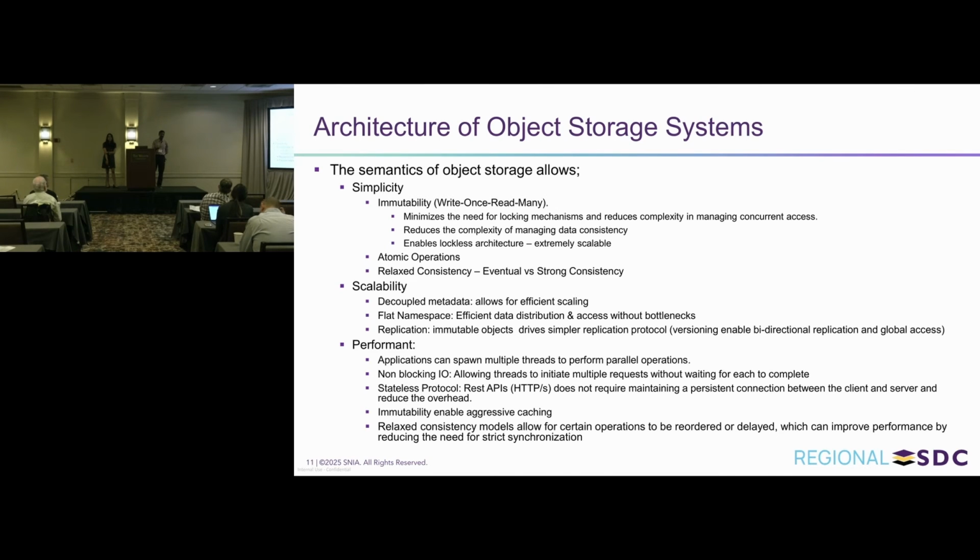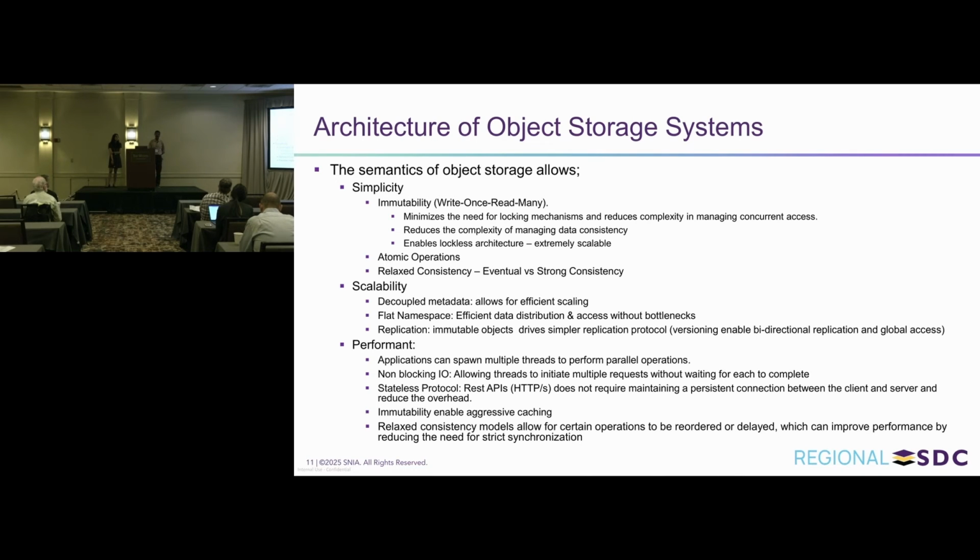If you consider any POSIX file system, you have a file. The file can be modified from anything, right? That's typical of transactional workloads, where I have a big file and different people are modifying and changing it, and so on. Objects don't have that. So the nature of objects, having a simplistic view of data, written once and read many times,